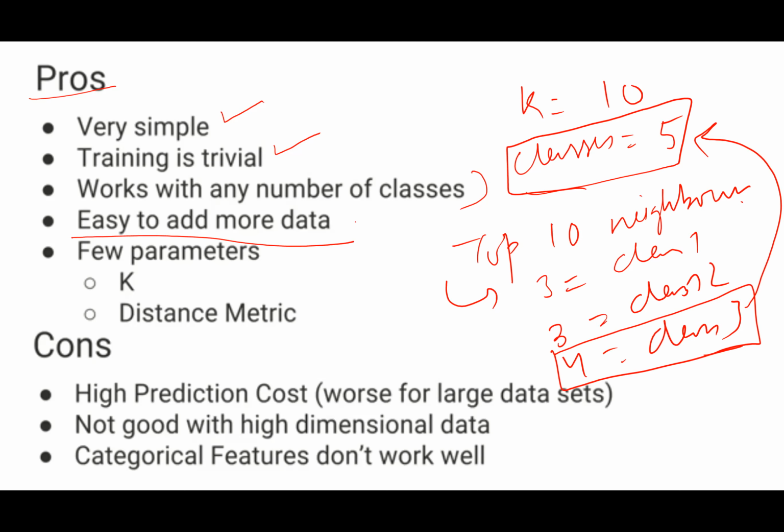It is not doing any kind of manipulation with that original data. So I can just keep on adding. Suppose today I have 500 examples on which I am doing K nearest neighbors. Tomorrow I get 500 more examples. I can directly add them to my previous model without doing any changes. So I can make use of KNN on real-time data